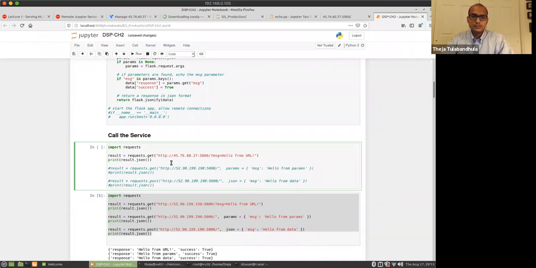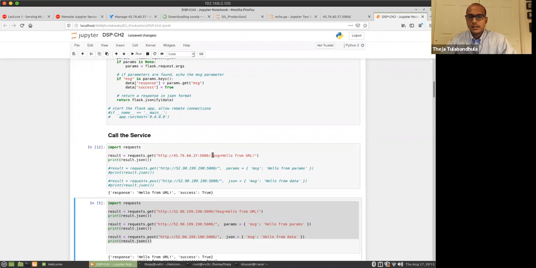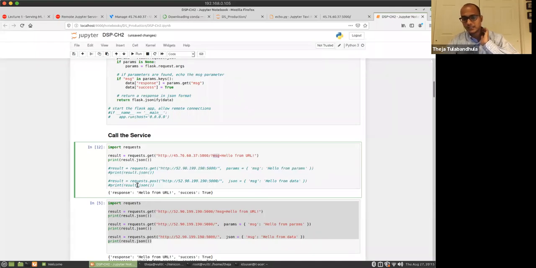So this is the argument. We are doing a GET. Rahul, you asked what's going on. We made a GET request with the key being message and the value being hello from URL, and the response from that server, if you look at the JSON field, is just hello from URL and success is true. Now if you go back to the server,